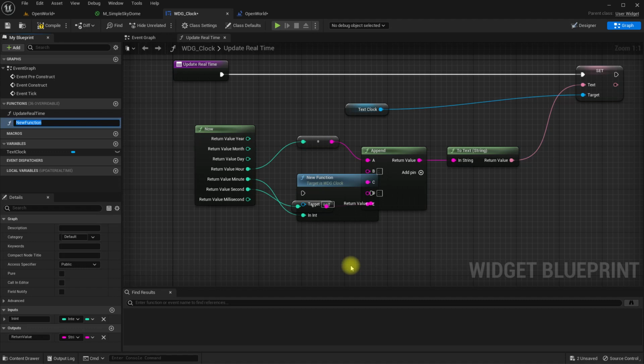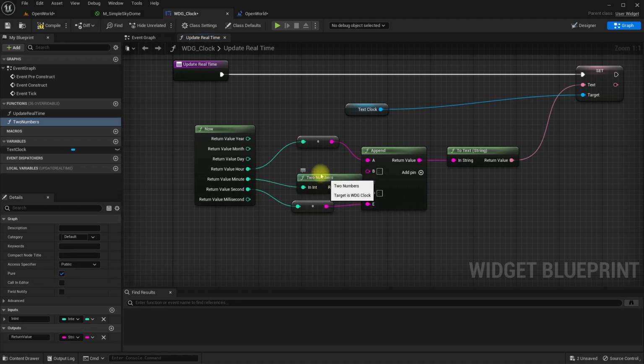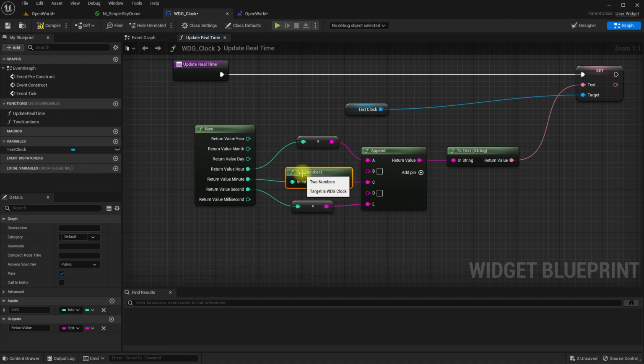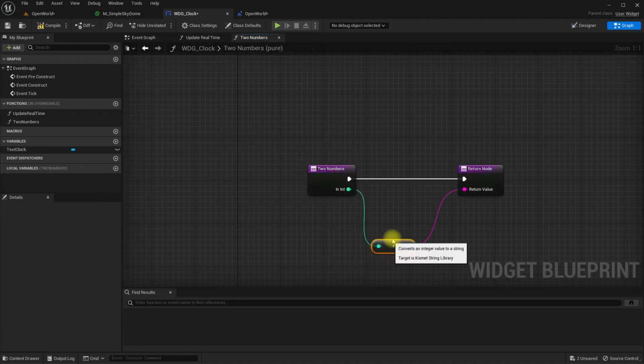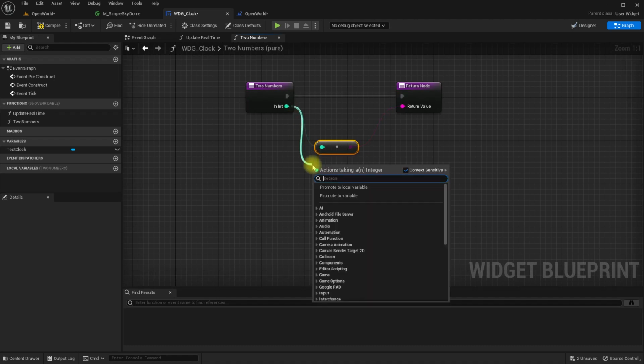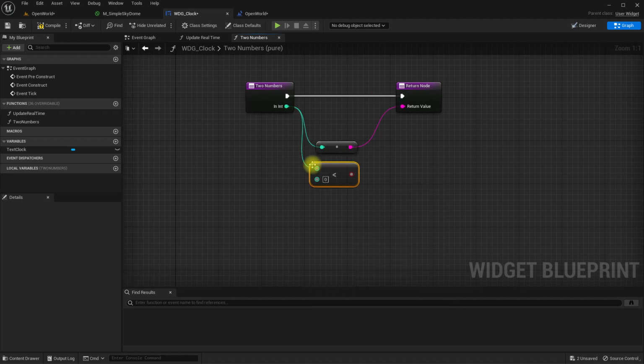I'll call it two numbers, and I'll convert it to a pure function so that we don't have to connect one of those execution lines here. If this is less than 10,